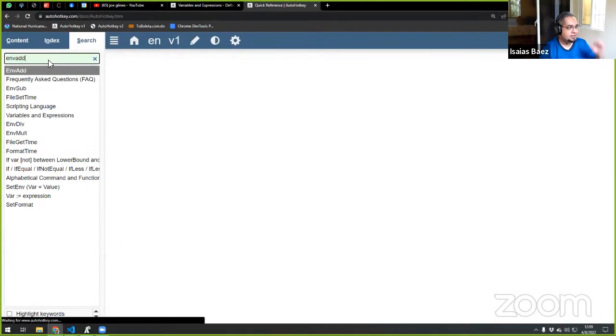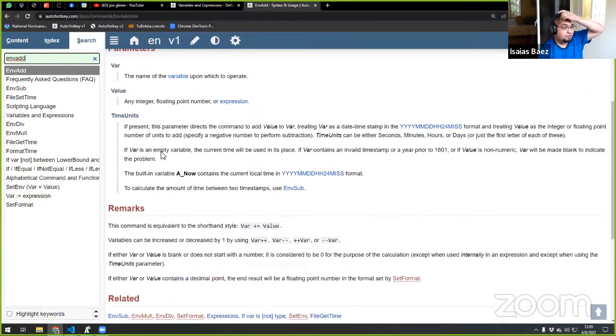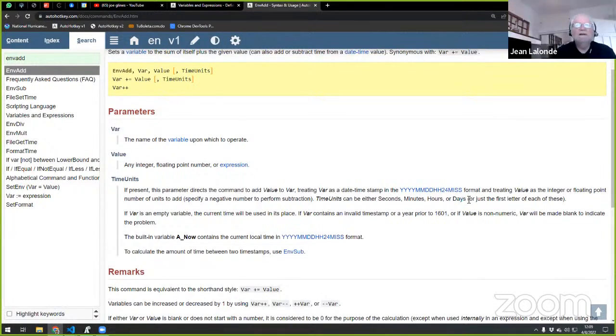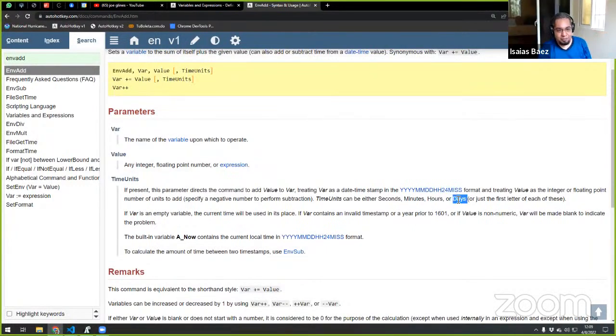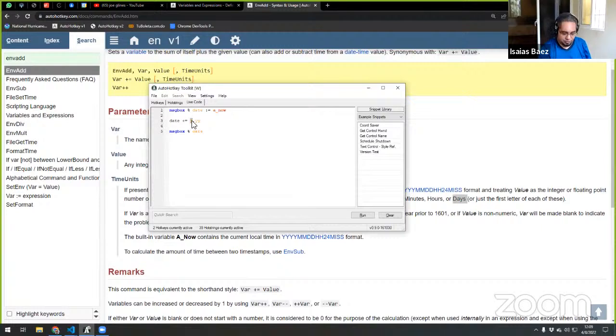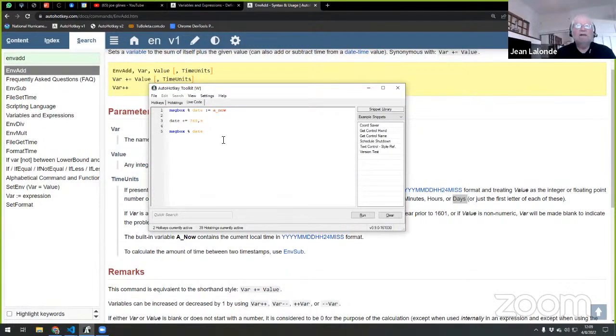And add is the name of the file, the value here. And it tells you, okay, so you can add seconds, minutes, hours, and days. Not years, exactly. I cannot add months or years, by the way. But it seems to me that I can add days. If I want a year, I would do 365, and that's it. 12 months is safer.